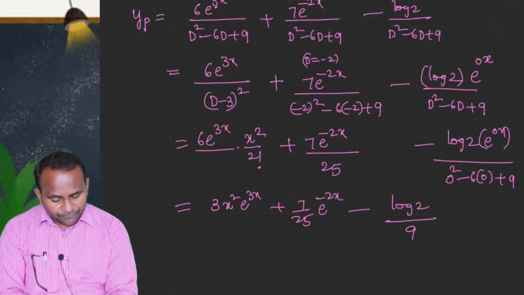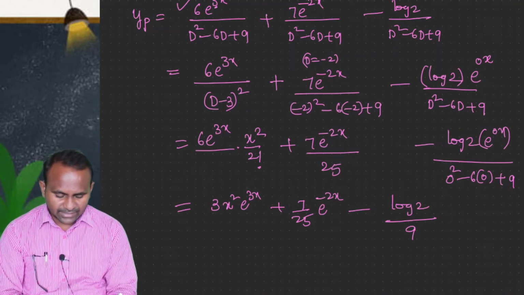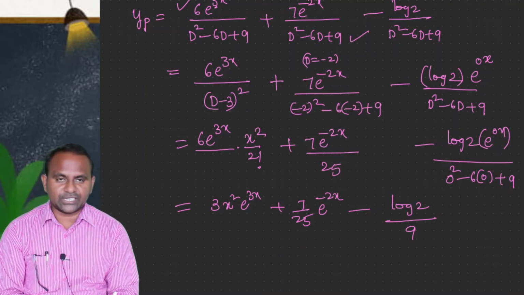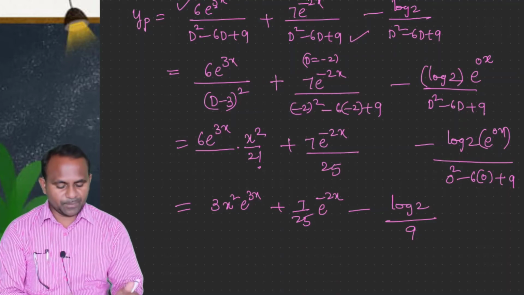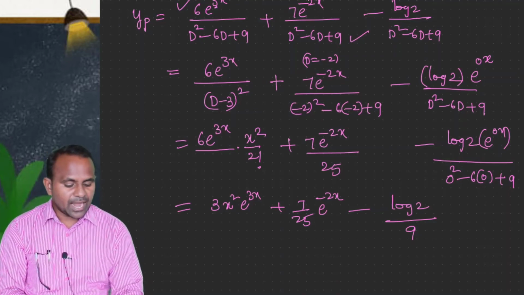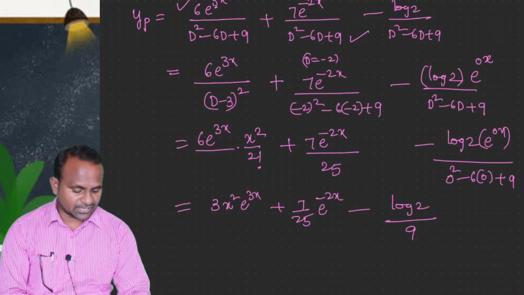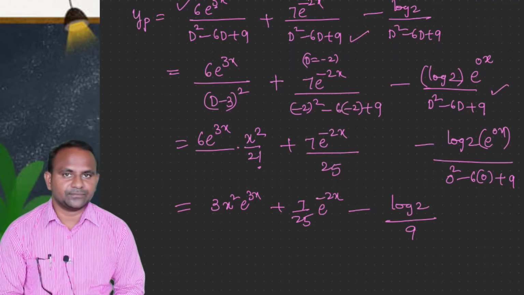So this is the failed case. The denominator is becoming 0, so we have written the factors simply like that. And this is direct substitution because it is not failed. When we put minus 2 in place of d, it is not giving any 0. It's a direct way. And even this is also a direct way because it is a constant. You are taking it as e power 0x and you are putting 0 in place of d. It is also a direct case, not a failed case.